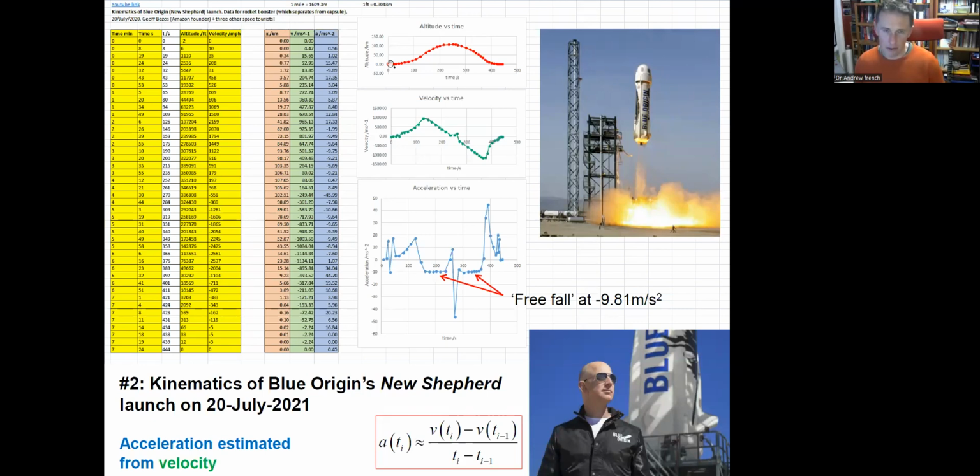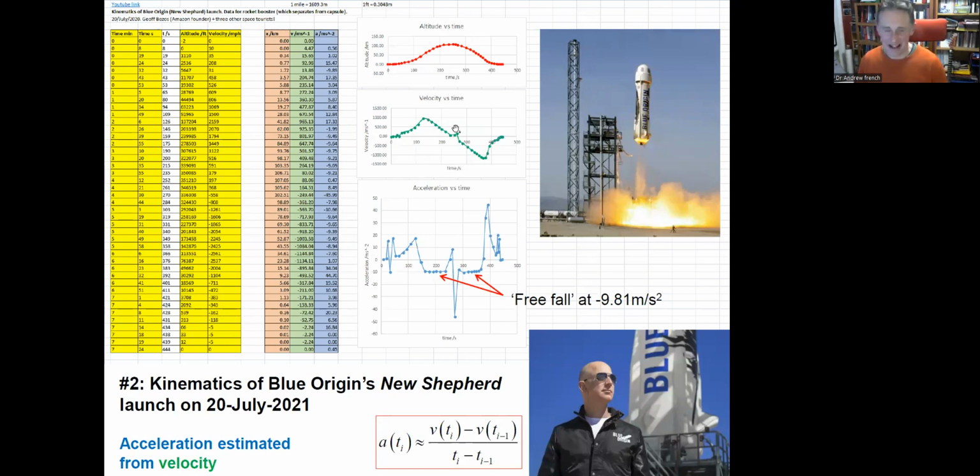If you plot altitude versus time, we have a nice almost parabolic trajectory. And I can tell you it's parabolic because the gradient of that is constant, certainly between about 110 and about 380 seconds. So the rocket is in free fall, and the gradient of that graph is pretty much g. If you look at the acceleration versus time, it is very close to 9.81 meters per second squared. There's a bit of a glitch in the middle. I'm not sure what that's all about.